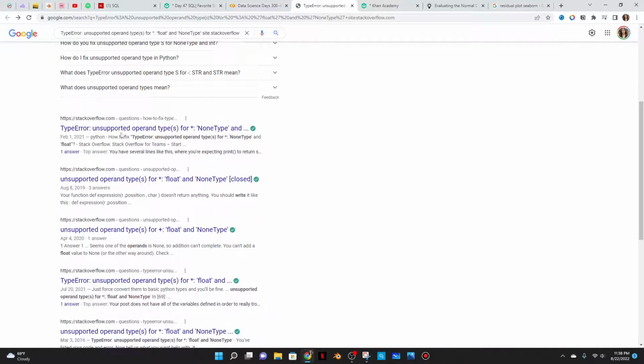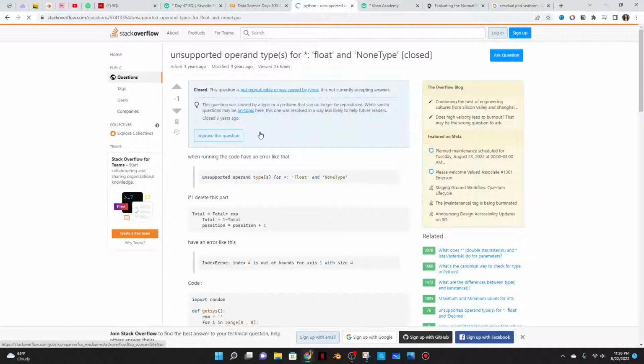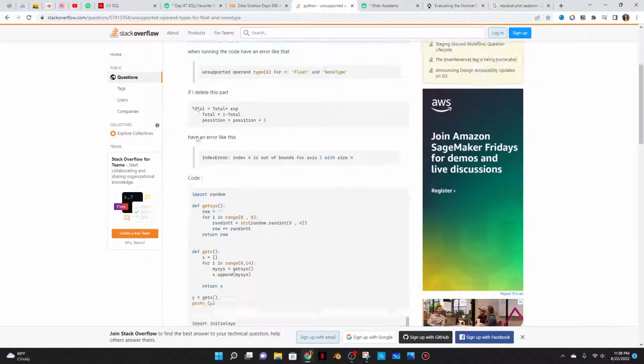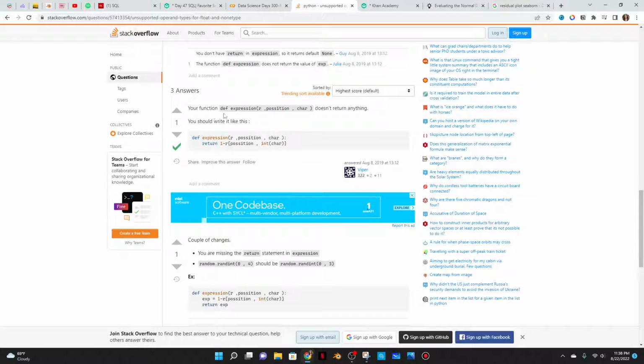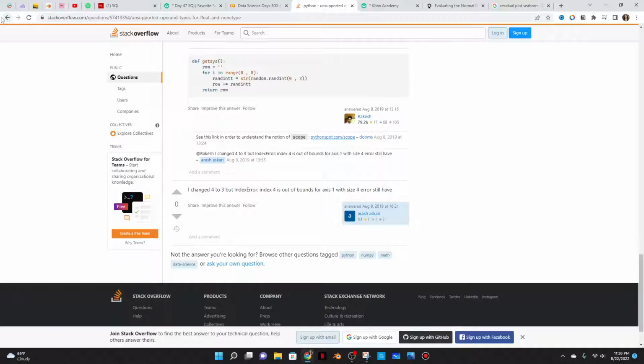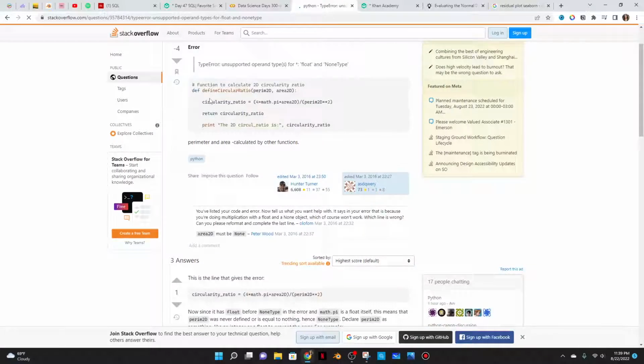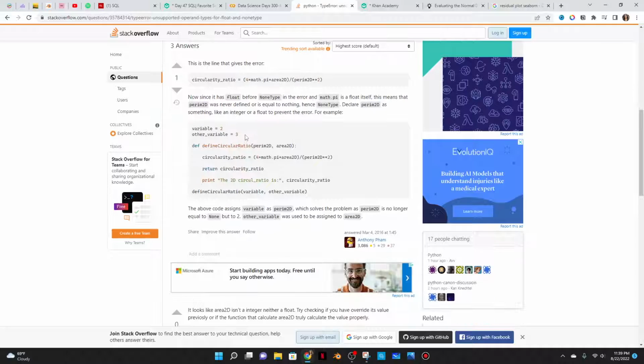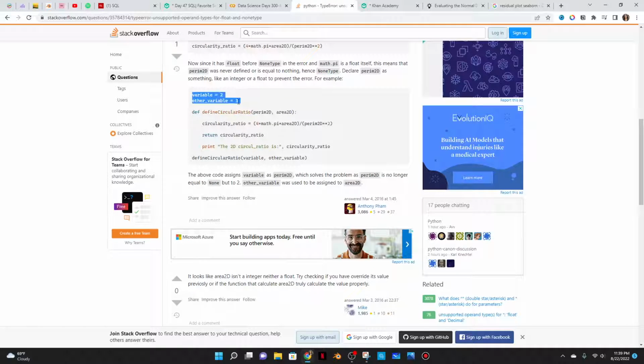No. No, no. Now, since it has float before none type in the error in math.py is a float itself, this means that perm2d was never defined or is equal to nothing, hence none type declare blah blah, like an integer or float to prevent an error. For example, other variable return